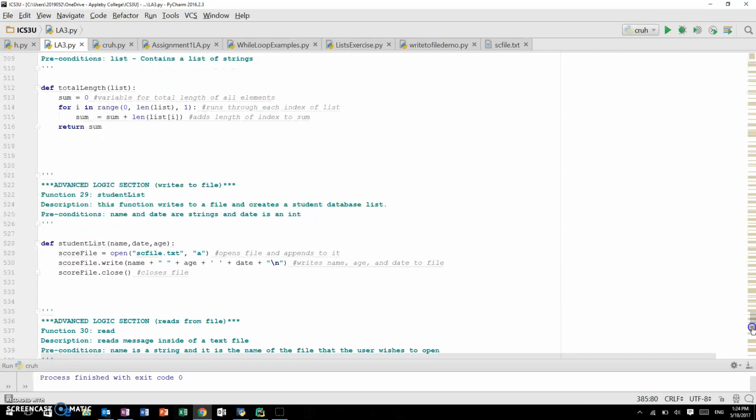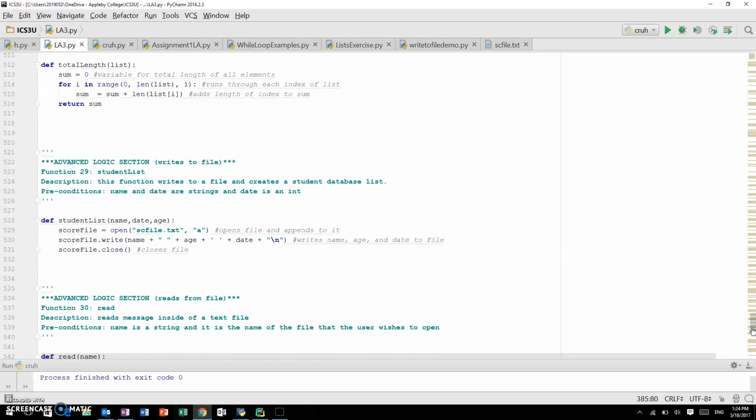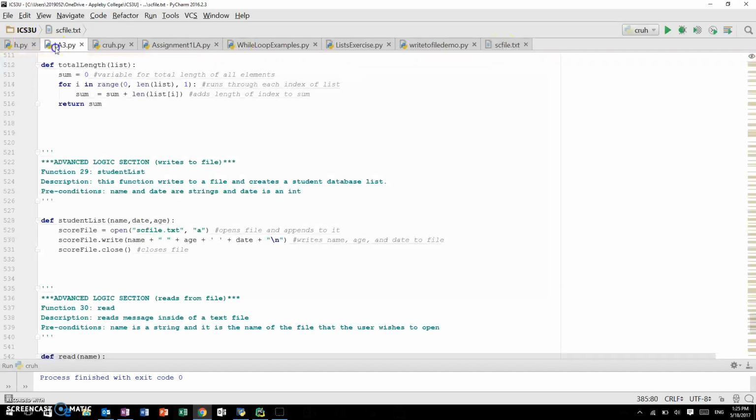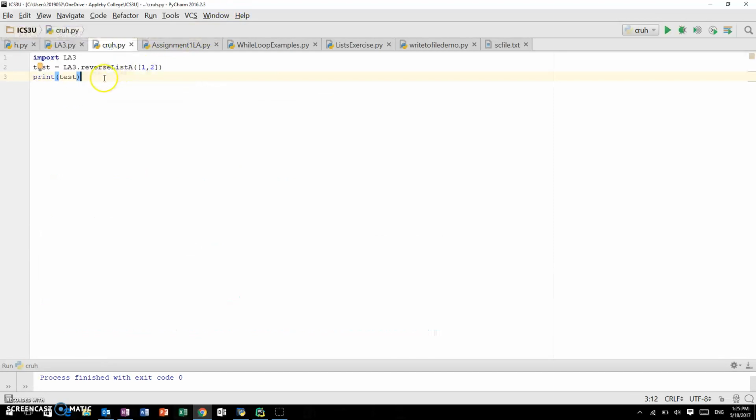Now this next one is student list. So basically it is a function that writes to a file and creates a student database. And so basically first I open the score file, which is here, and then it appends what I write to it. So basically I write the name, plus the age of the student, and then the date. So basically here I'll demonstrate